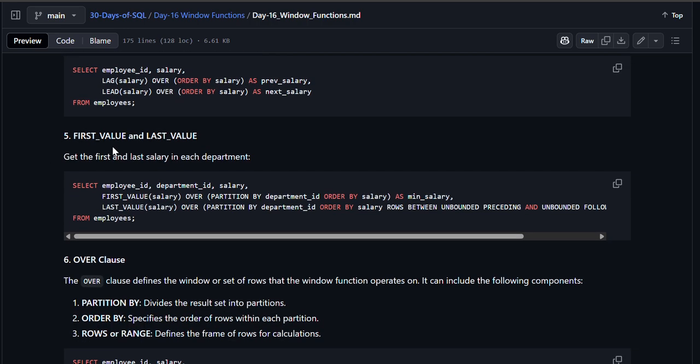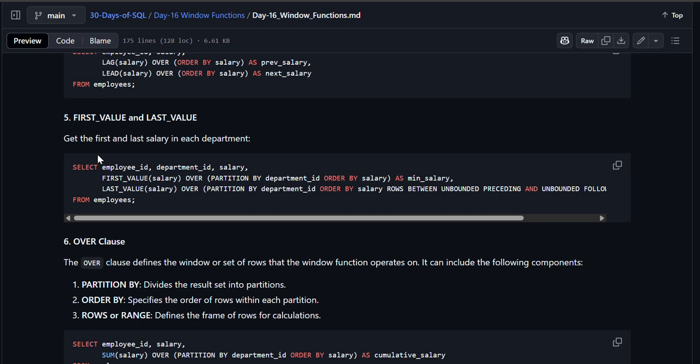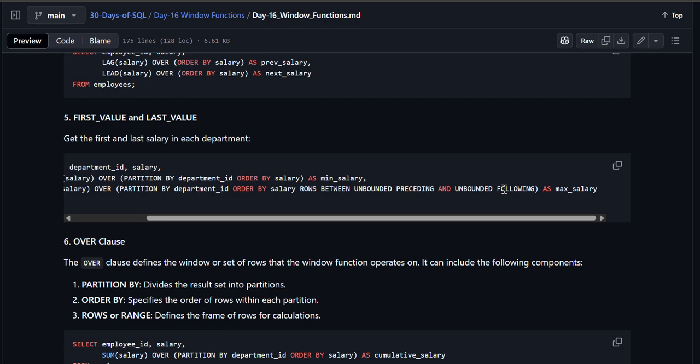You have FIRST_VALUE and LAST_VALUE, to get the first and last salary in each department. SELECT employee_id, department_id, salary, FIRST_VALUE(salary) OVER (PARTITION BY department_id ORDER BY salary) AS min_salary, LAST_VALUE(salary) OVER (PARTITION BY department_id ORDER BY salary ROWS BETWEEN UNBOUNDED PRECEDING AND UNBOUNDED FOLLOWING) AS max_salary